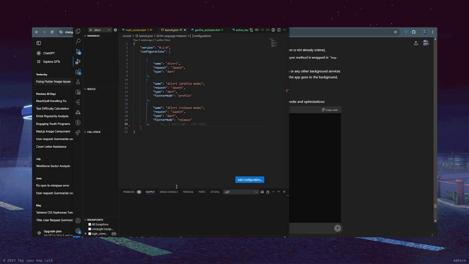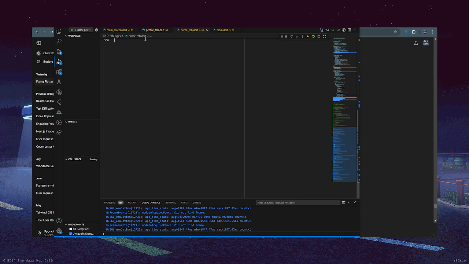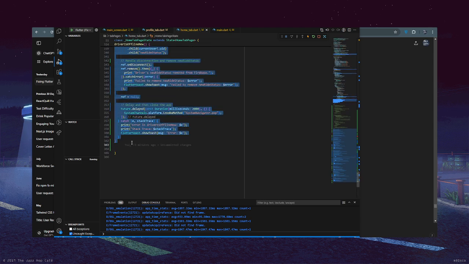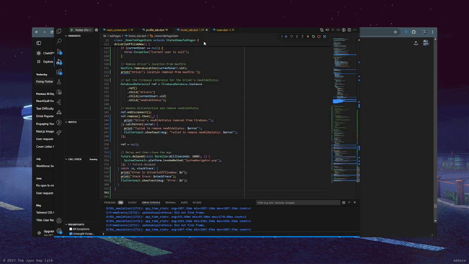Okay, so this is not launch. Okay, let me see, Flutter. So this is it. This is what the driver is now. They already changed this code. Okay, let me do this again. So all the way to this side, take it out and paste. Then I'll reload the app